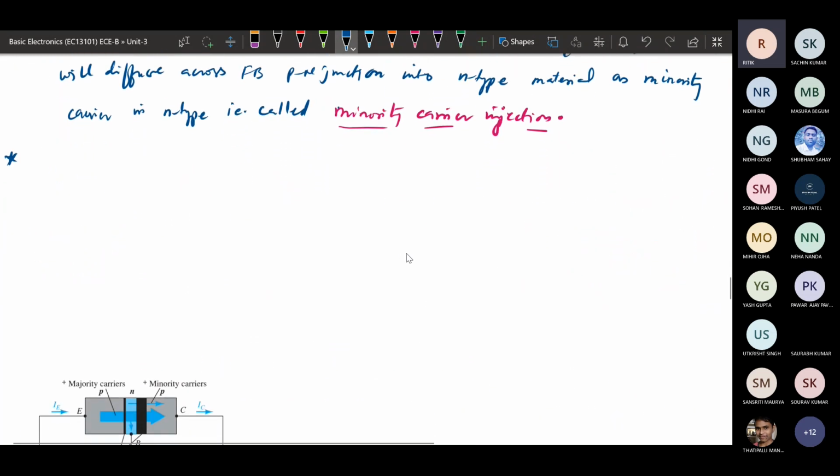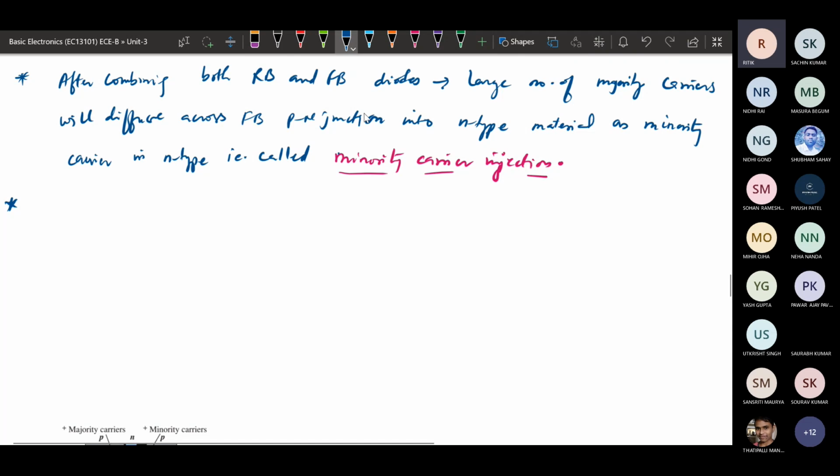So this diode operation is basically divided into two parts. One is diffusion of majority charge carriers from the emitter side to the base region, where they behave like minority charge carriers. Once they have reached as minority charge carriers, they can easily pass the reverse bias collector junction.